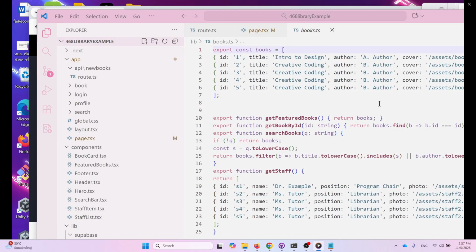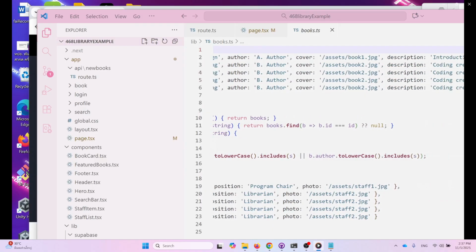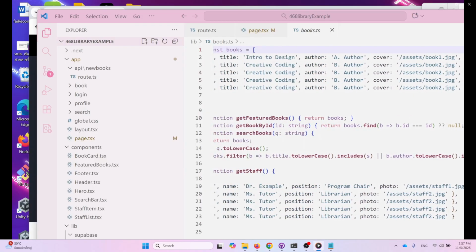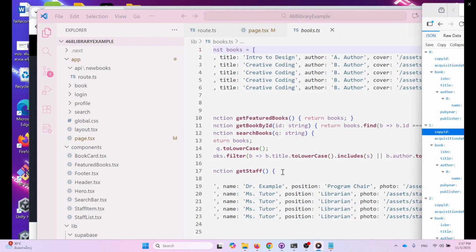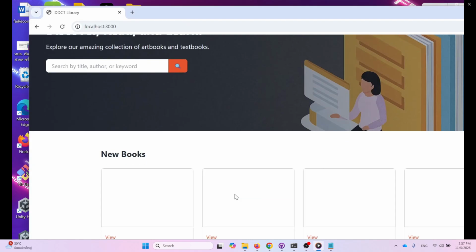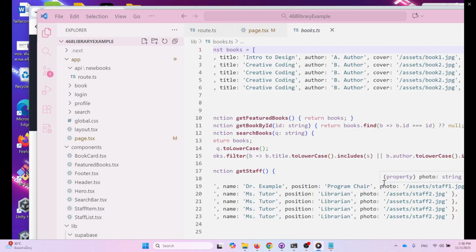Instead of having ID, we have book copy ID. We don't have cover, we don't have description. So now if we look at our page again, yeah, we have cards showing up, but we don't have any information. So we're going to have to go and modify our component,